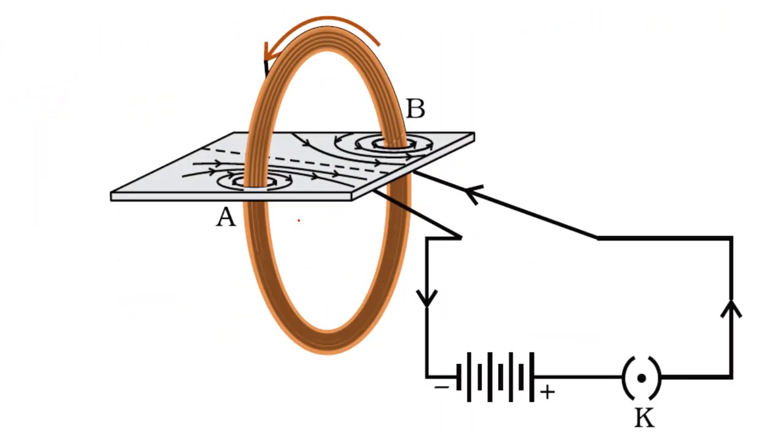Now here, with the help of an activity, we can see the pattern of magnetic field lines due to a current carrying circular loop. Suppose this is a current carrying circular coil which is made up of copper. This coil is connected with conducting wires, a key and a battery. Now when the current is passing through this, you can see the direction of current will be anti-clockwise from the right hand side.